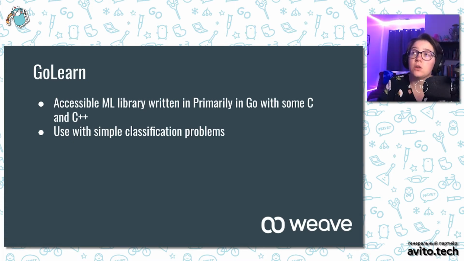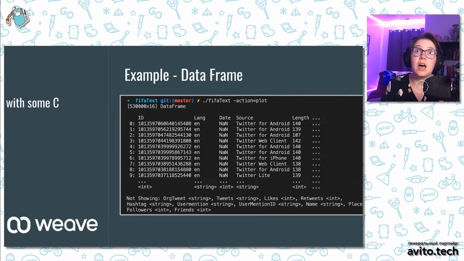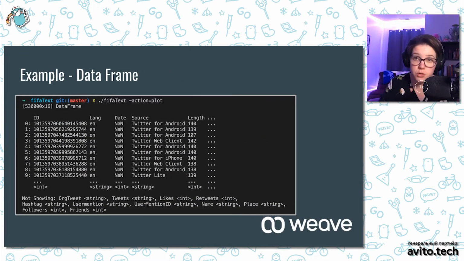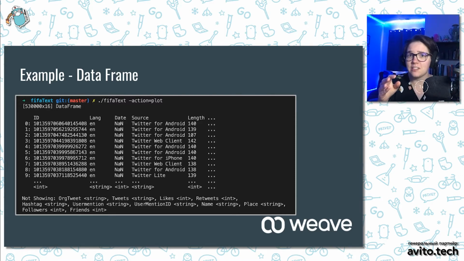Let's go ahead and introduce some data that I want to be using today. I'm sure you're all familiar with the FIFA World Cup that took place a couple years ago in Moscow. At the time, there was a ton of Twitter action going around with the hashtag FIFA World Cup, and a really nice person went and downloaded all that Twitter data and curated it for me. And so that's the data set I'm going to be using now, all about the Russian World Cup. And here is just a quick little preview of the types of data we have.